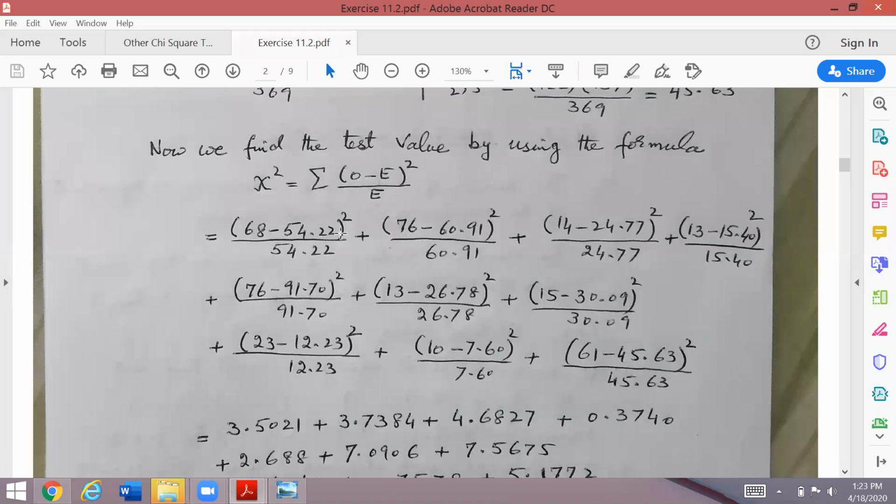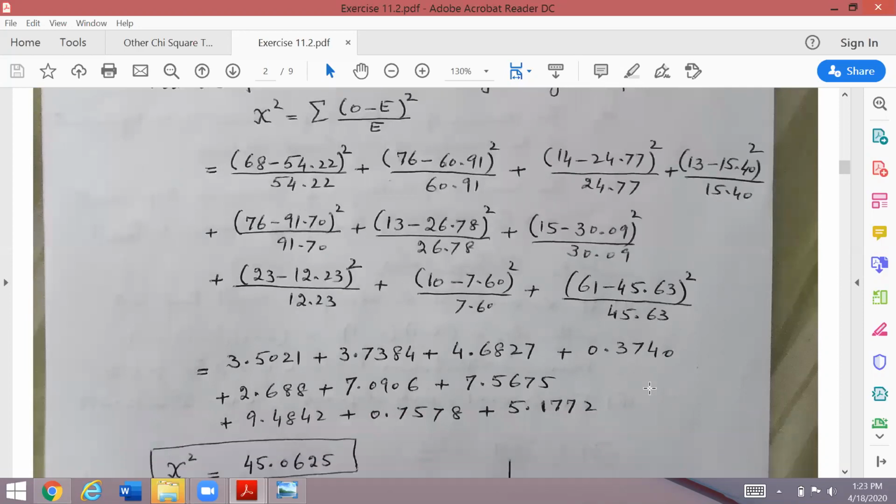And in that way, gentlemen, you will be writing all the 10 observed and expected values together using the formula, taking the squares in the numerator and divided by every expected value. अगर ये गलत नहीं किया आपने तो आंसर ठीक आएगा. If you are writing any number at a wrong place, surely you are going to spoil your show.